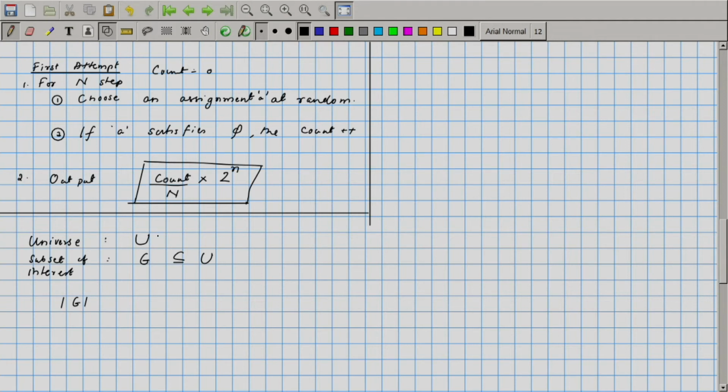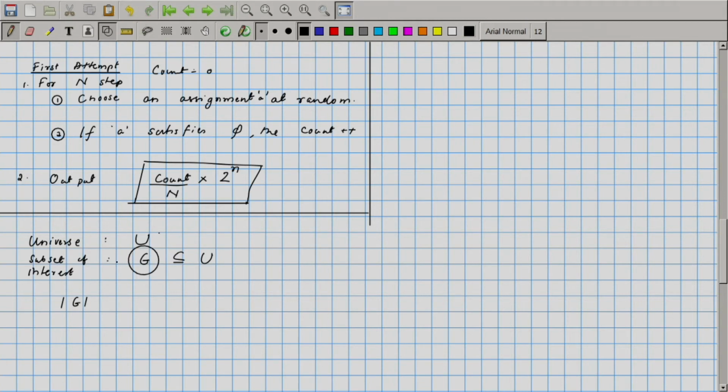So, let us call the size of U to be, so this is okay. So, now if we follow a similar algorithm, Monte Carlo algorithm, to compute the size of G, then we